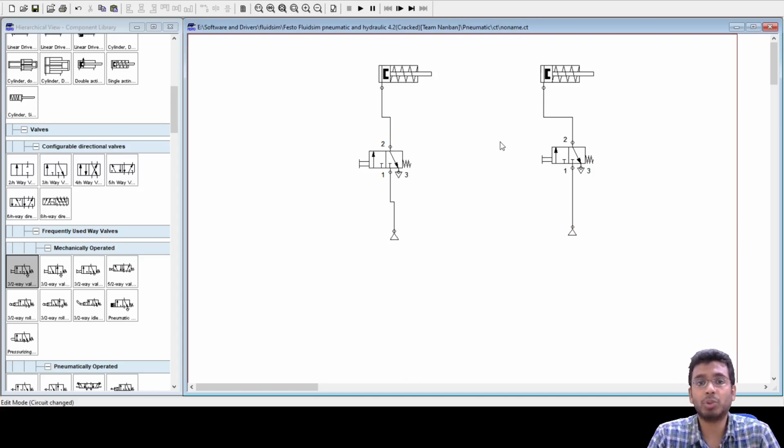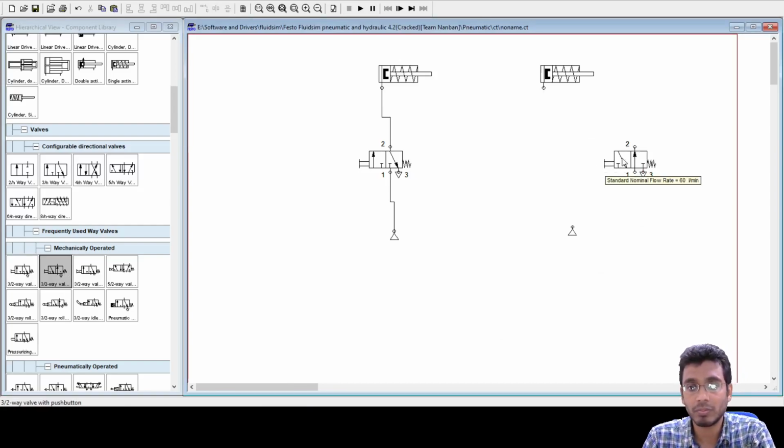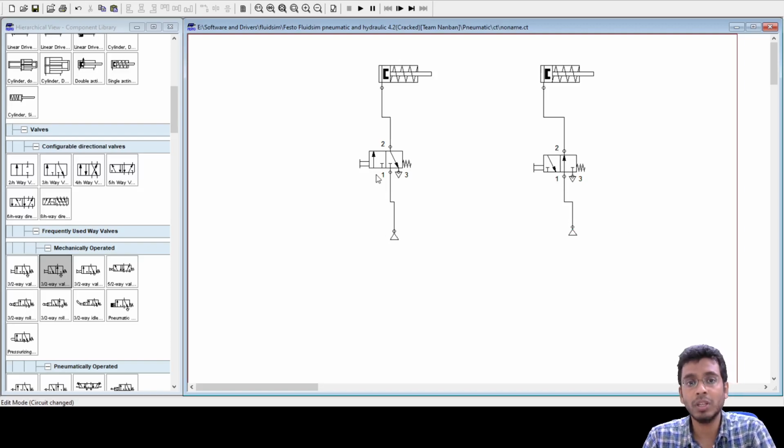Okay, so what I'm doing, I'm having a single acting cylinder, I'm having compressed air sources here both, and I'm having a 3x2 valve. Okay, a push button valve. However, sorry, I've used both of them to be the same. Okay, so both are 3x2 push button operated, that is manually actuated, and spring offset valve. Okay, however, one is your normally closed. If you see here in its initial position, this is closed, and the other is normally open.